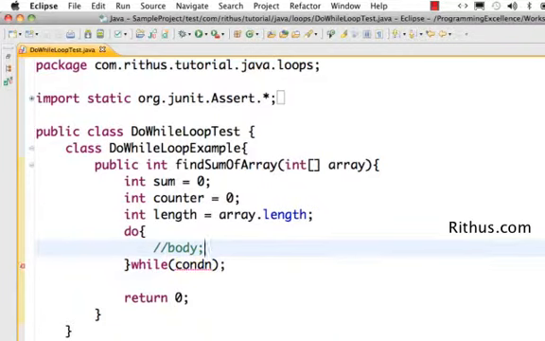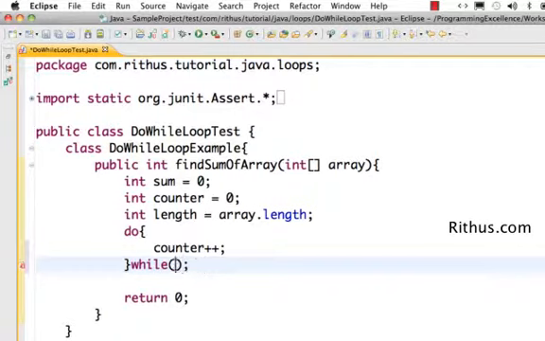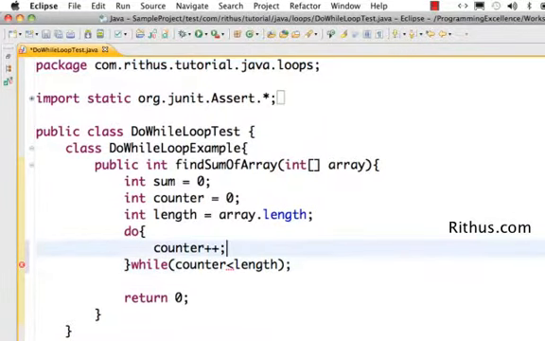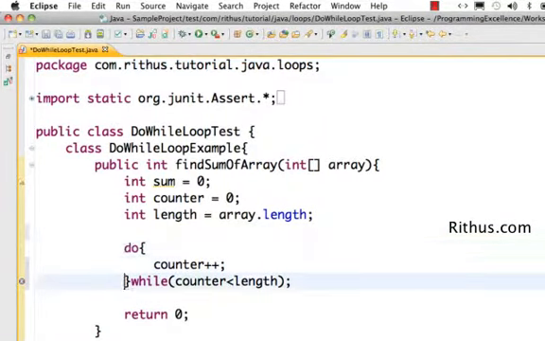What I want to do first is implement the increment. I want to loop around the array, so I do counter plus plus, and then I do this while counter less than length. What happens is the do while loop gets executed for the length of the array.